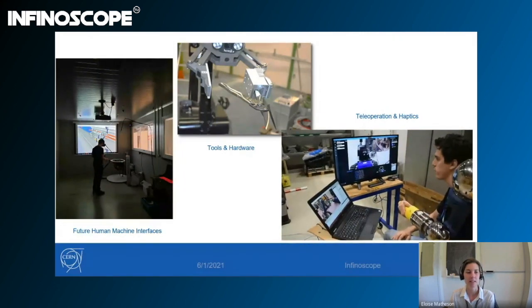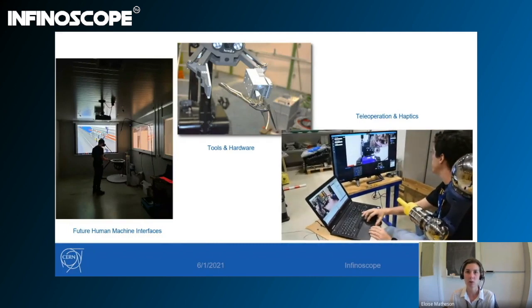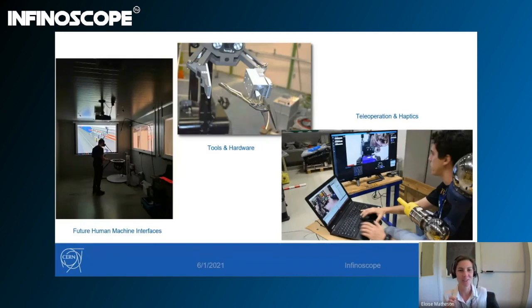And in this case, the idea is that if we can have cameras or point cloud sensors, for instance, in the tunnel on a robot, we can mesh that point cloud with the 3D model that we already have of the environment. And then you can operate anywhere you want in that environment because you would understand intrinsically where everything is. I'm not explaining that so well, and I don't have a video to show you,